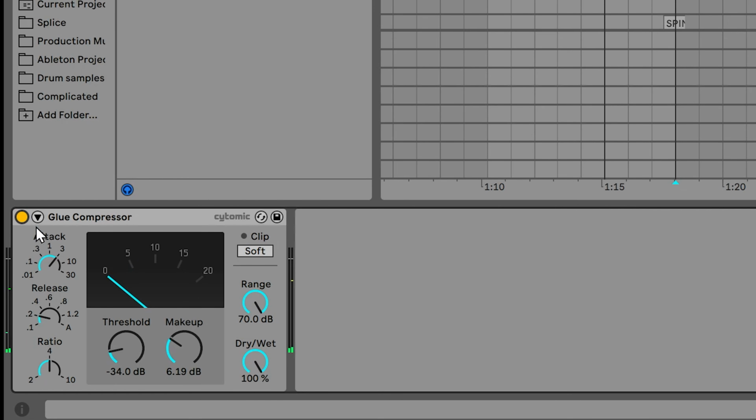So I'm obviously adding some volume, but I'm actually not adding that much. But it's just making them pop out a little bit more so that now in the context of the entire mix,